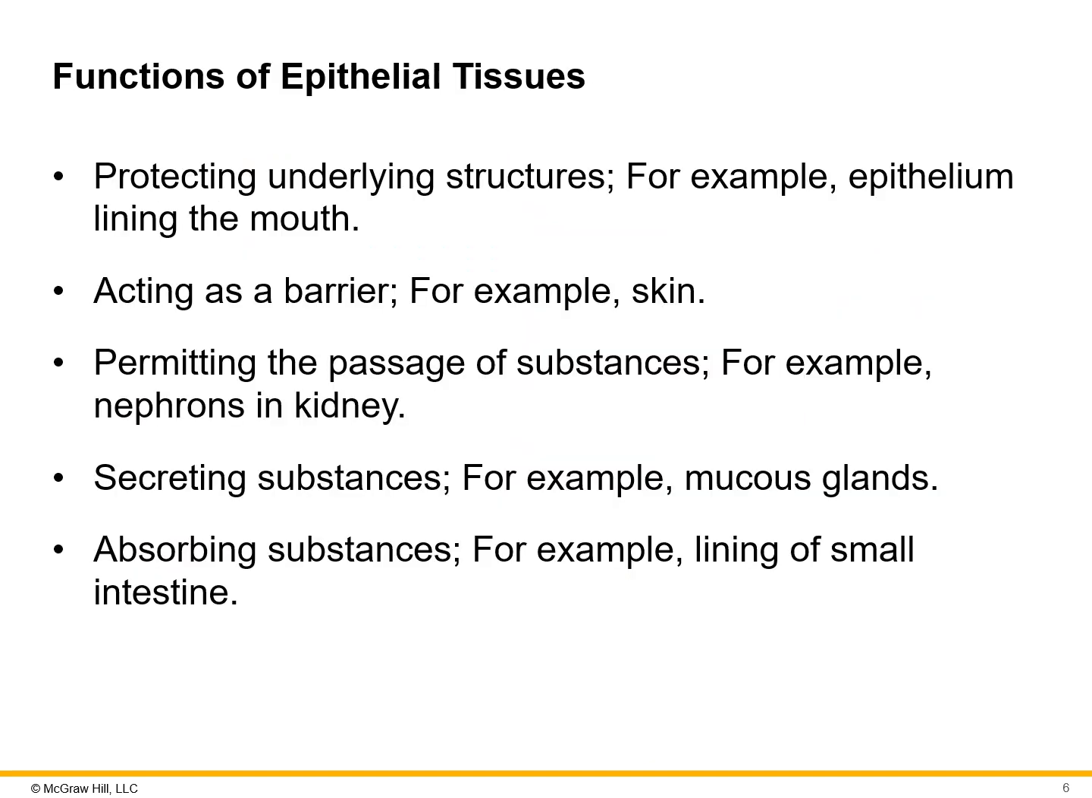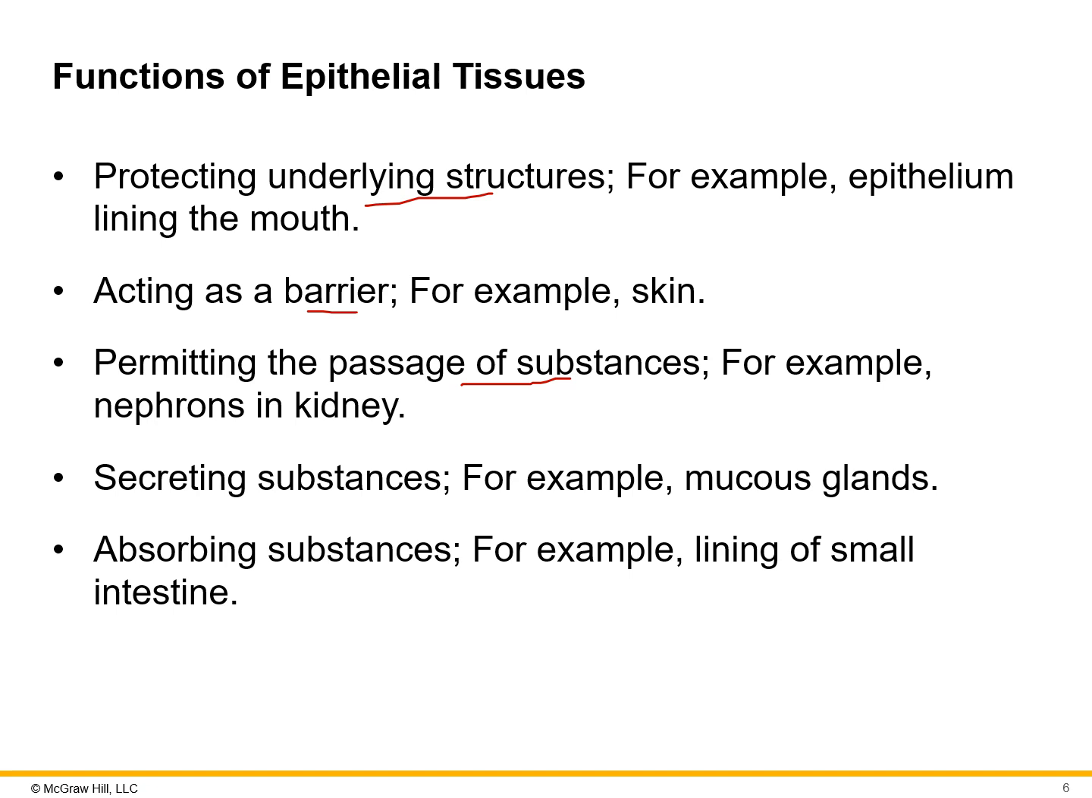Now, what are these epithelial tissues doing? We know they're outside on the linings, so they're protecting the underlying structures. Like the lining of our mouth or the skin, it acts as a barrier, so it helps prevent microbes from coming in. It allows passage of materials, so the nephrons in the kidney, where water and ions and nutrients are moving in and out of the kidneys, that's occurring through the epithelial, so it's thin to allow that diffusion